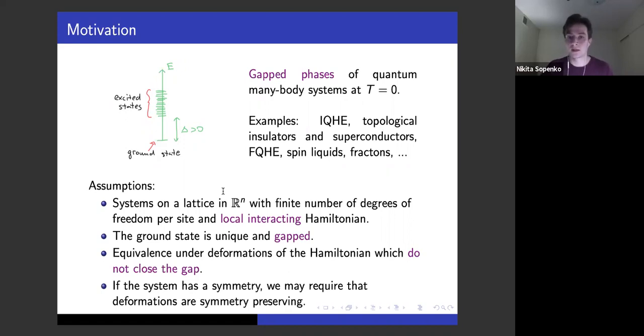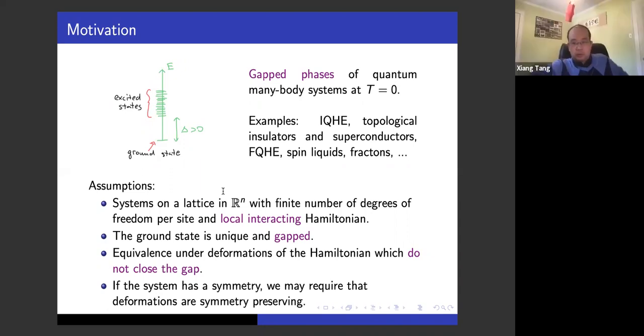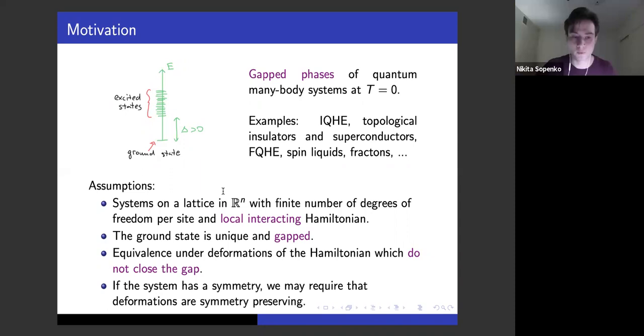And in the last few decades, people have discovered a lot of interesting states which are not trivial, starting from the discovery of the integer quantum Hall effect and others, like the fractional quantum Hall effect, topological insulators. But of course, to describe a real system in the real world, we really have particles with some Coulomb interaction, and it's very hard to prove something about this. So we build some model, and we'll be assuming that we have some lattice in Euclidean space with some Hamiltonian, and in case we have some symmetry, we may consider a G-equivariant version of the problem, considering only deformations which preserve this symmetry. But I'll formulate everything more precisely.